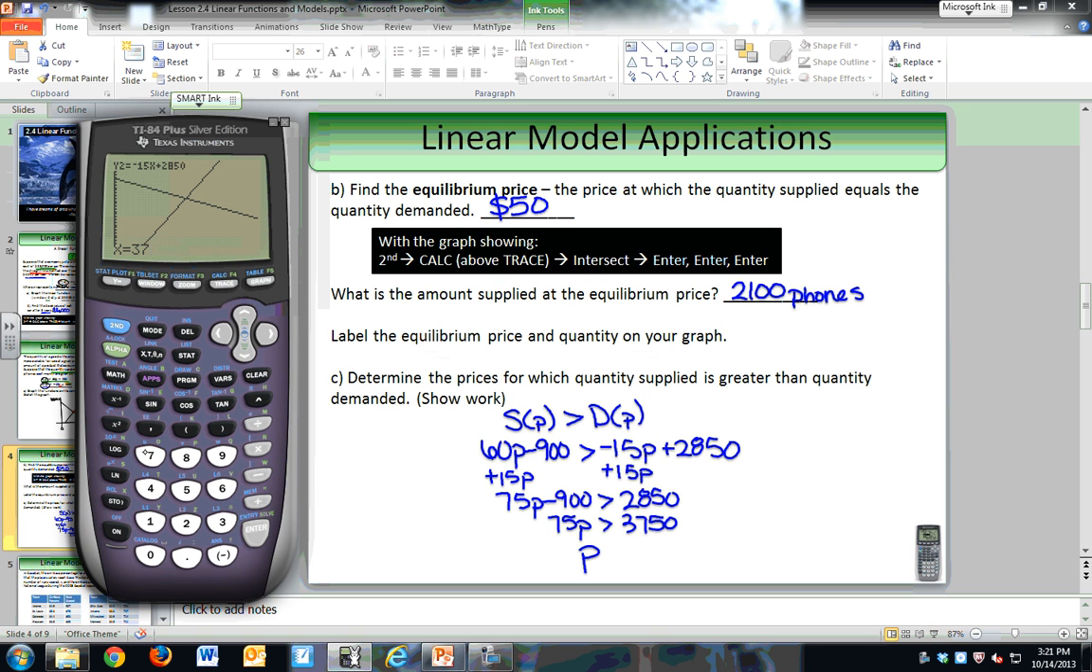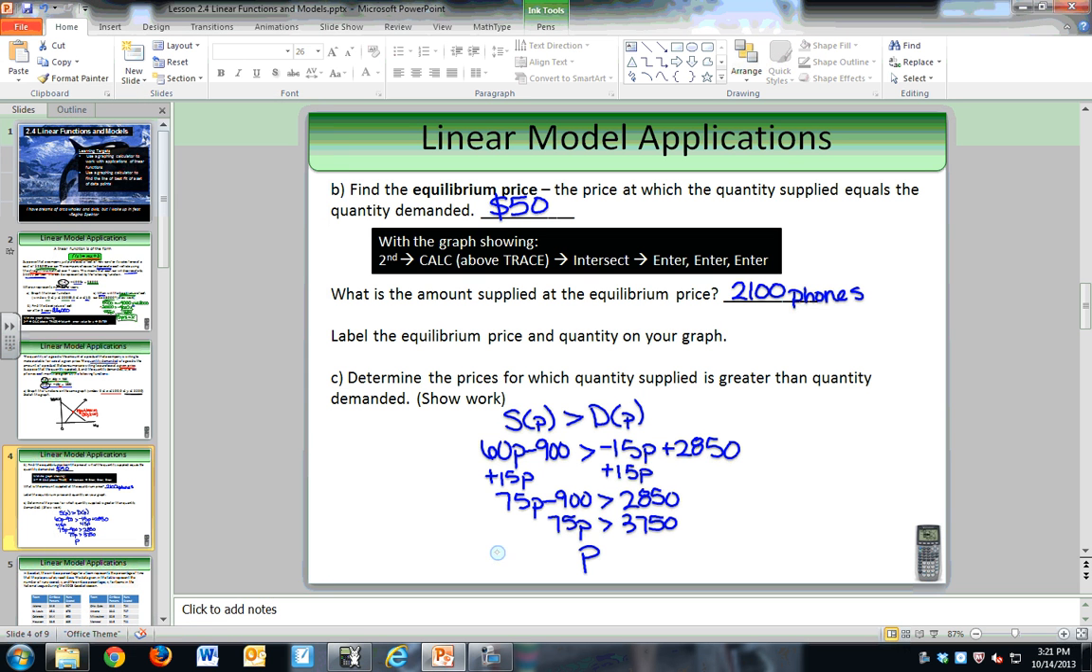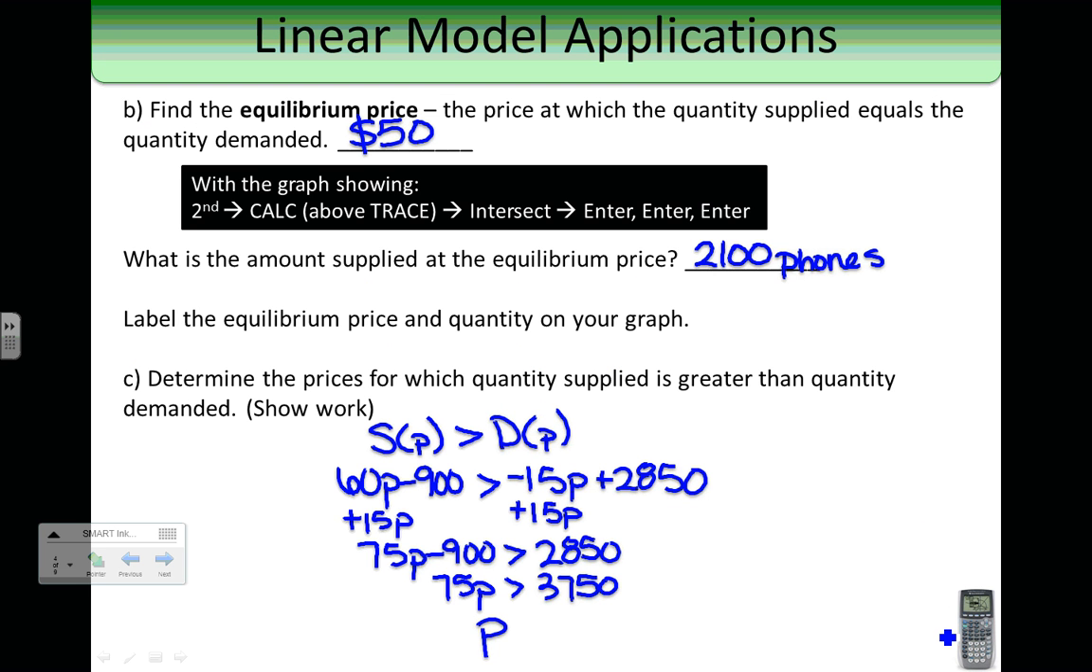So 3,750 divided by 75, and you get 50. Okay, so we know that the price has to be greater than 50. That's when the quantity supplied is greater than the quantity demanded, which makes sense because $50 was when they were equal. So if we go anything higher than $50, we're going to have a lot more supply than we do